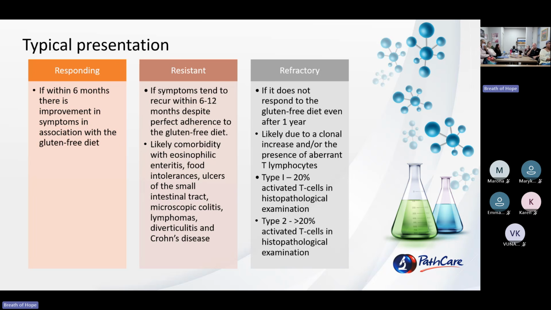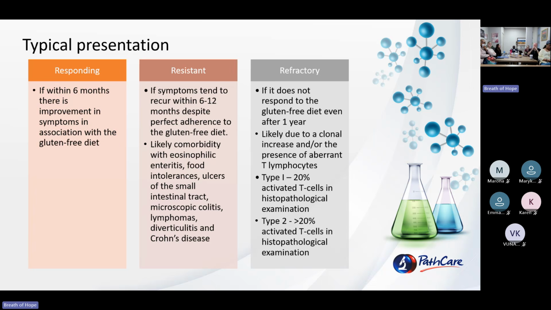Then in terms of your resistant typical presentation patients, if your symptoms tend to recur within 6 to 12 months, despite the adherence to strictly gluten-free diets, it's likely that the patient has comorbidities with something like eosinophilic enteritis, food intolerances, ulcers, diverticulitis, or Crohn's. So it's important to just look for other